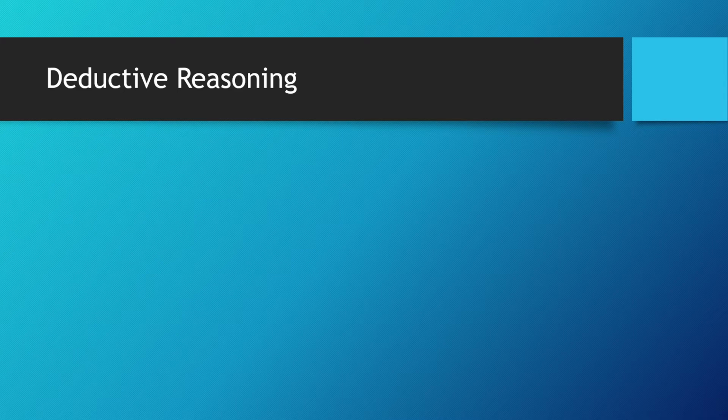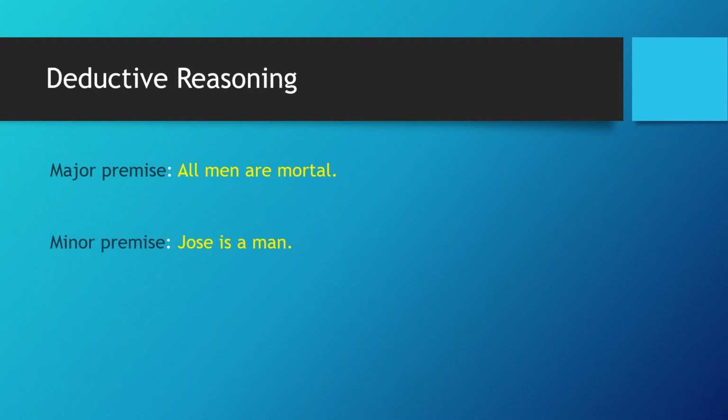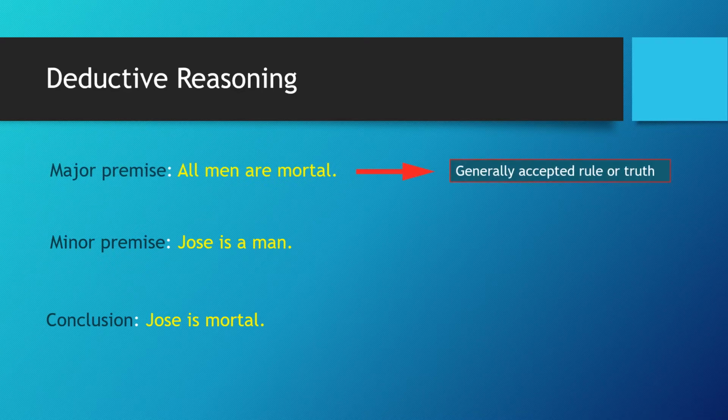Major premise, all men are mortal. Minor premise, Jose is a man. Conclusion, Jose is mortal. The major premise, all men are mortal, is a statement of a generally accepted rule or